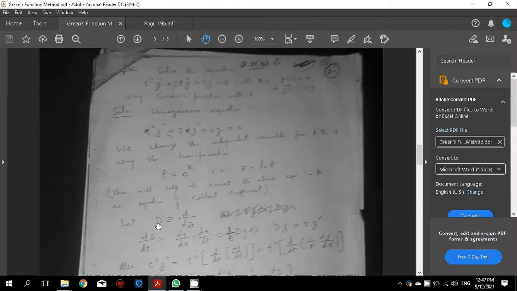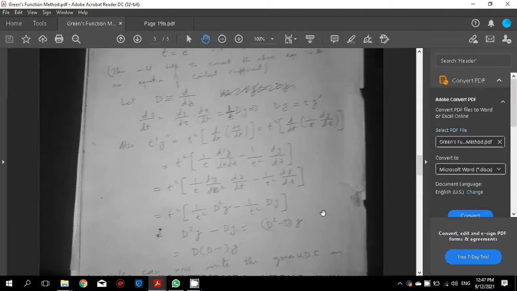the values of this t, we get, this is the derivative with respect to z, and we define capital D as the derivative with respect to our new variable. The derivative of y with respect to the old variable, using the chain rule, will be dy over dz into dz over dt, and when we write the value of dz over dt as determined from this equation, we get dy by dt is equal to 1 over t times capital Dy, which leads to capital Dy equal to t y dash. And similarly the second derivative is obtained,